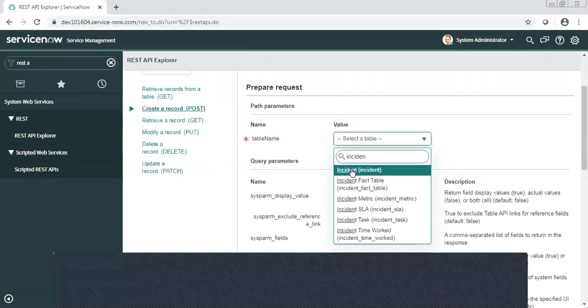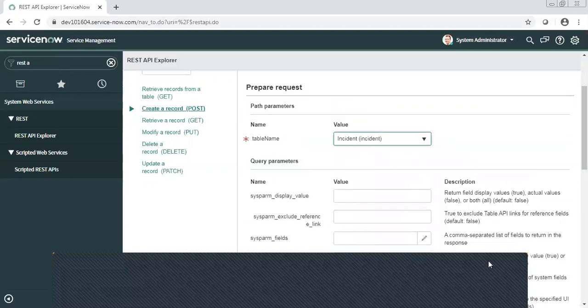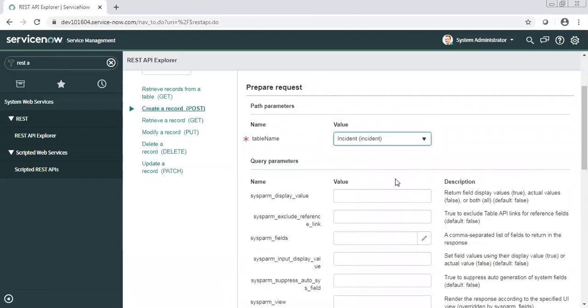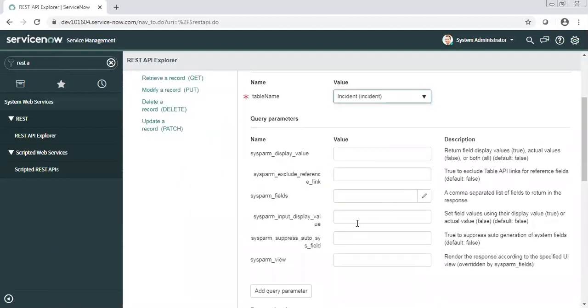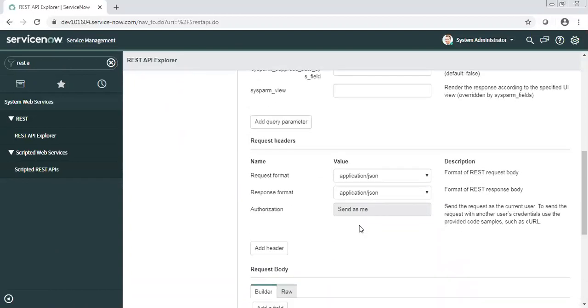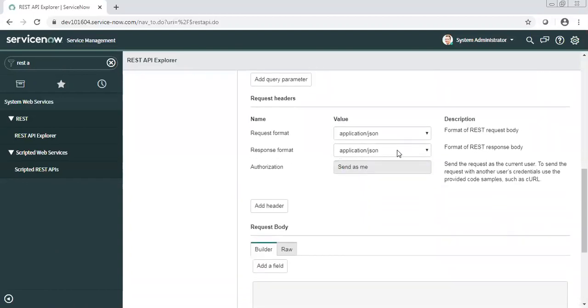So here we can select our table. Now, in case of direct web services, the ticket or record is going to be inserted directly into your target table. Basically, you are giving access to your target table to the third party too. Now here, what content type are they able to send, or what content do we want?